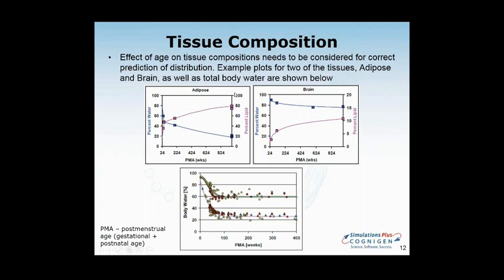So again, accounting for the changes in the tissue compositions throughout the growth and development of a child becomes a significant aspect in predicting these tissue plasma partition coefficients. And it again becomes more significant in the first year